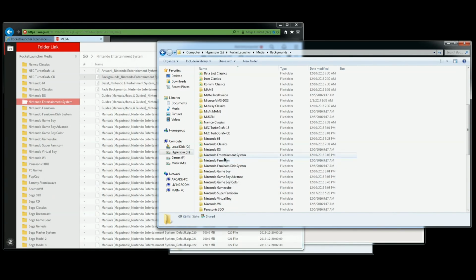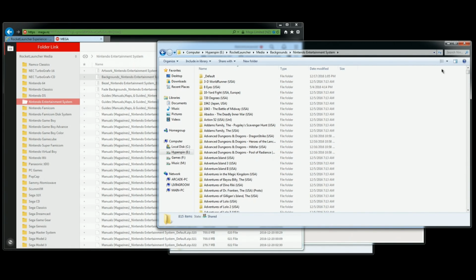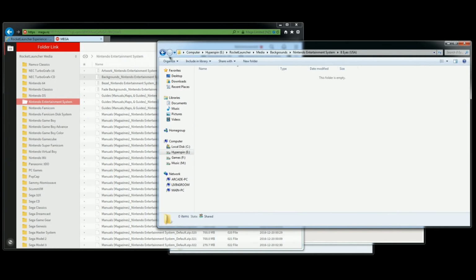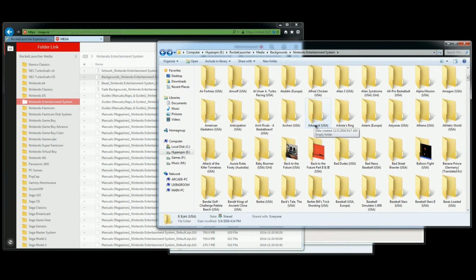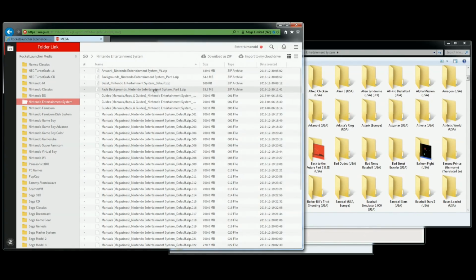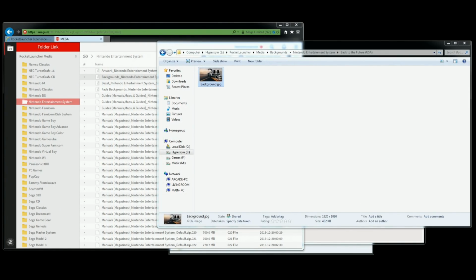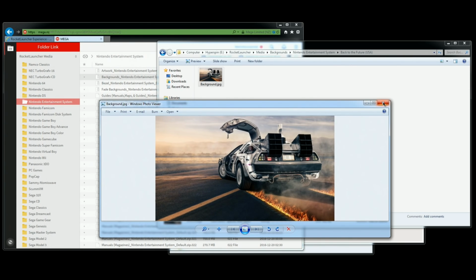So when you go to Nintendo Entertainment System, make it a little bigger so we could see. Alright, so once again, backgrounds part 1, because I haven't got to it yet to complete the set of backgrounds, but these will get done eventually. I'm doing it bit by bit, and I'll throw those out there when I do them. But you could see here, Back to the Future has a background, and that is the image that will show